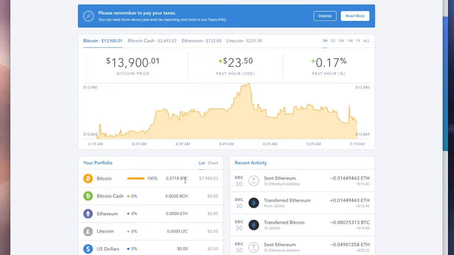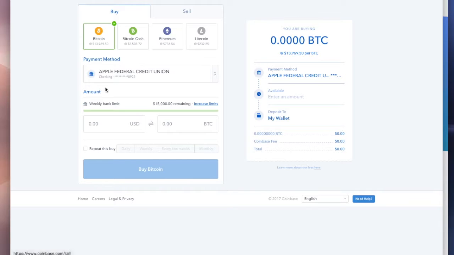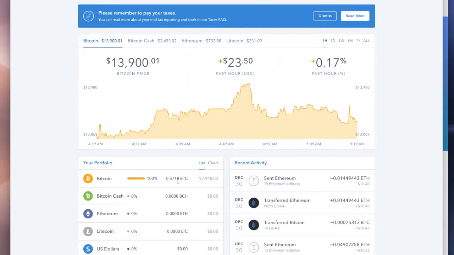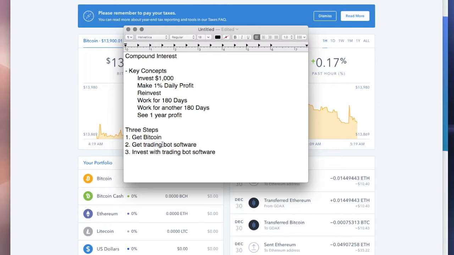Alright, so this is what it's going to look like when you log in. I have a few Bitcoin here, but what you're going to do is you're going to go to the buy and sell tab here. You're going to go to Bitcoin and you're going to put in, you know, $1,000, or you're going to put in $2,000, and you're going to press buy, and it's going to go through. And after a few days, it'll show up in your address here. And then what you're going to do is we're going to do the next step, which is get the trading bot